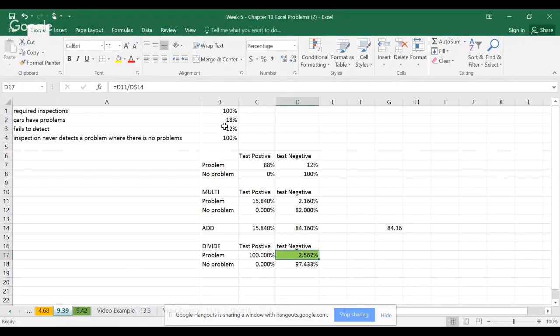It should be 2.57. Try it without the percent. But that is the correct number, 2.57 or 2.567. Yep. Okay, so they did not,